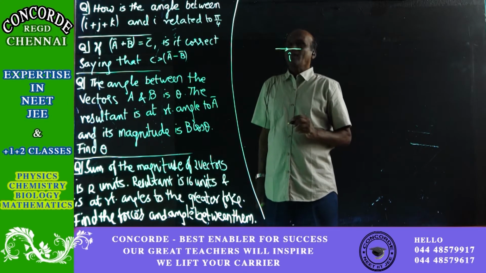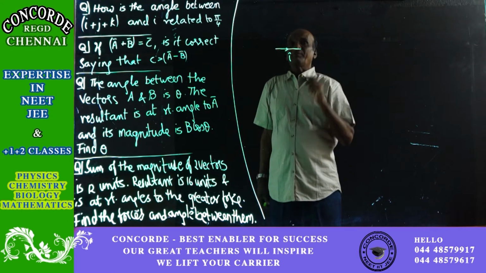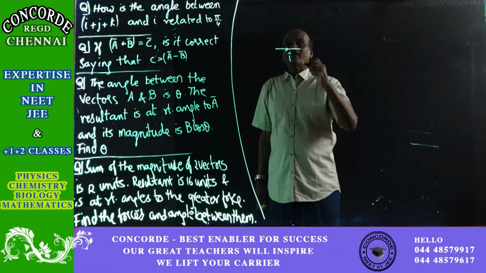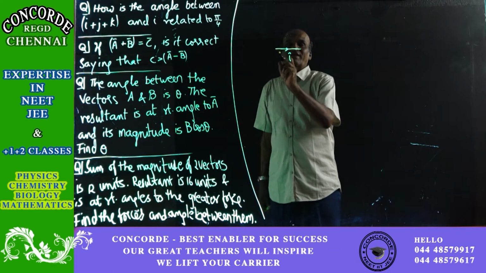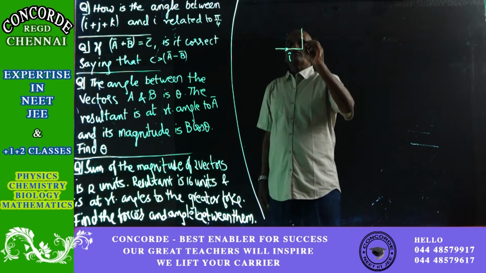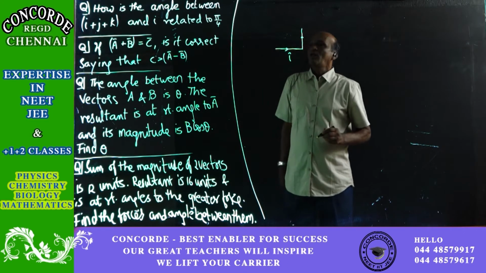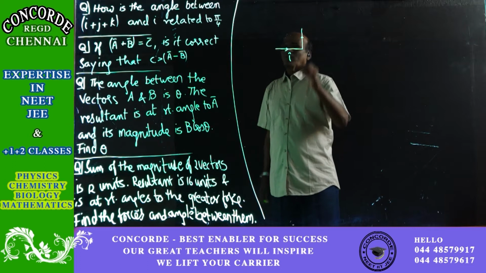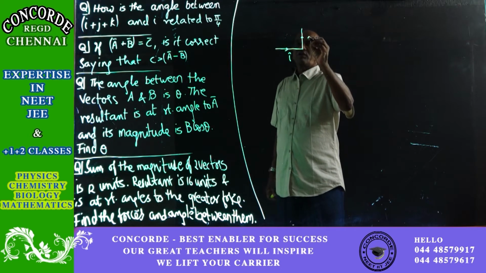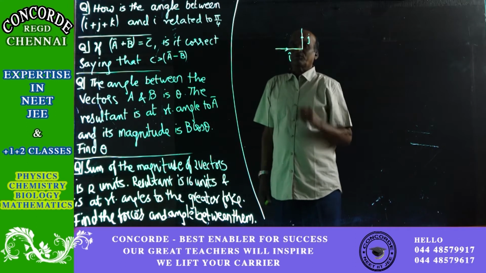or you can even say it's i cap. Then please note it is i plus j. Plus j means you will have to show i and j in a continuous manner, that is, taken in order. So the next direction will be in this fashion. So, this is i plus j. And thereafter the third one is k. We all know the third unit vector will be at 90 degrees to both of them.